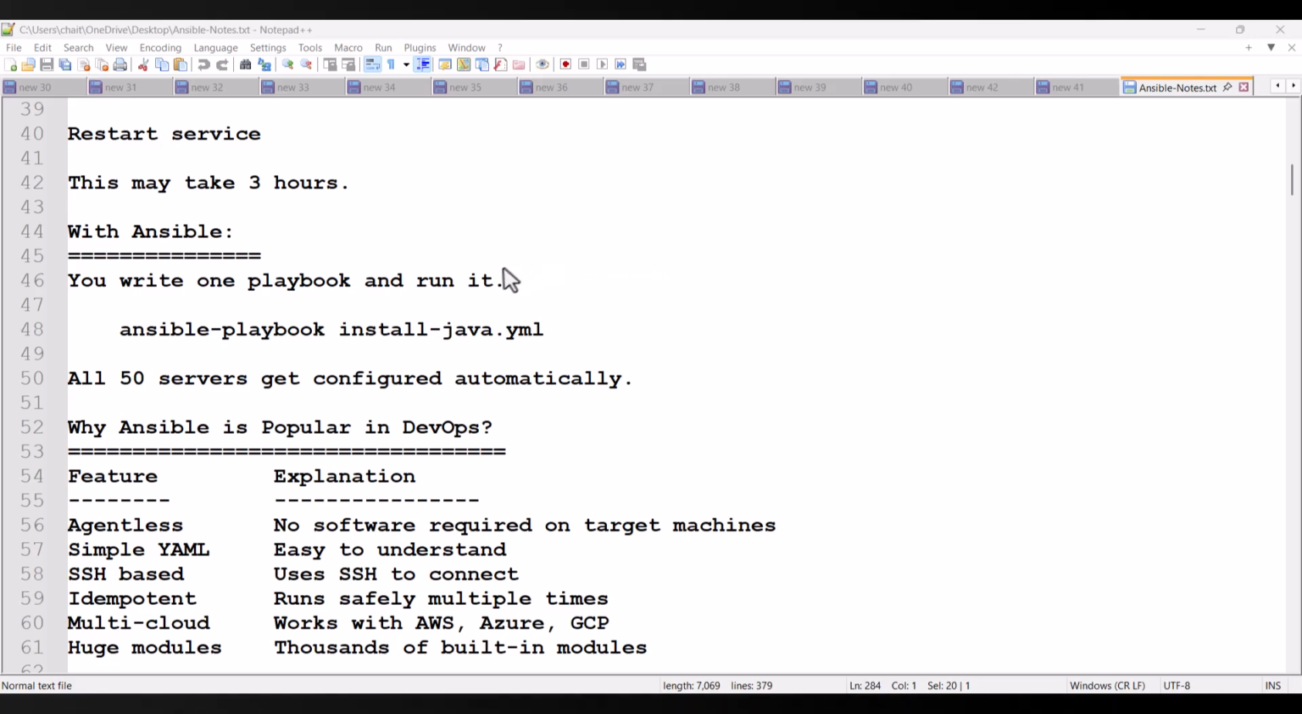In the previous video, we understood what Ansible is and why it is widely used in DevOps for automation. In this video, we are going to deep dive into Ansible architecture and understand how Ansible actually works behind the scenes. Let's talk about it. Imagine you are a DevOps engineer managing 50 or even 100 servers, installing packages,